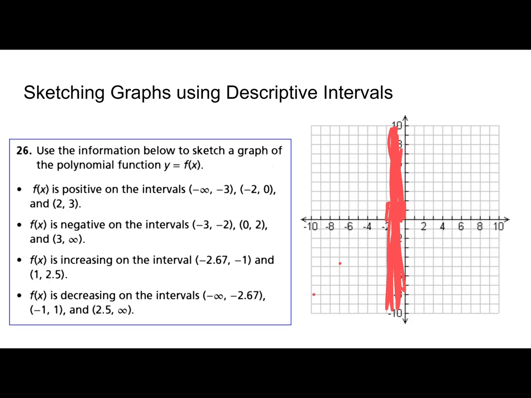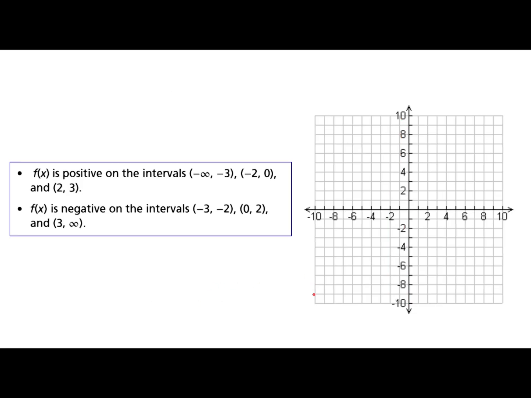We can go on. I'm going to start with the positive and negative intervals. This basically means how it's situated around the x-axis. So let's take this one, negative infinity coming all the way to -3. From here to here, all of this is going to be positive. It's going to be on this side of the x-axis, up here. So we'll just call it like that. And then -2 to 0, so this to here will be positive. And then -2, 3,